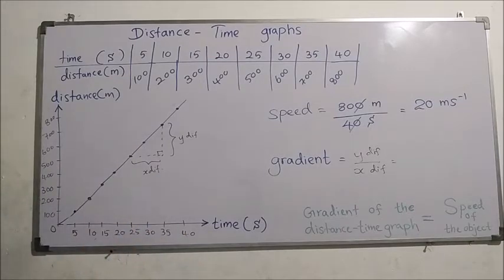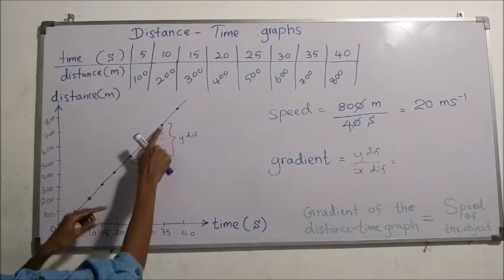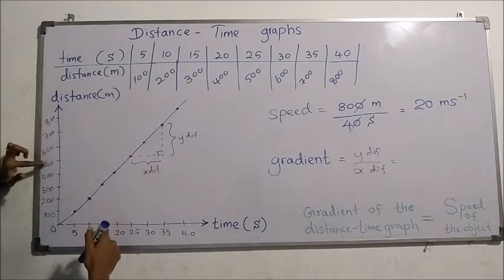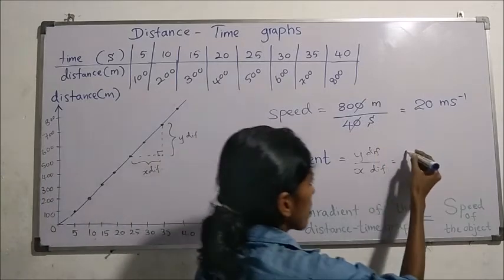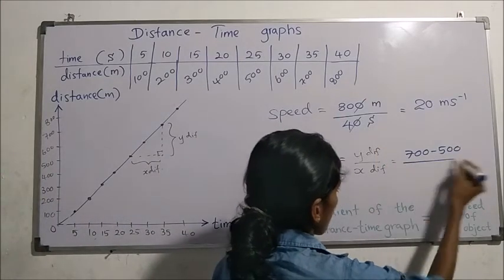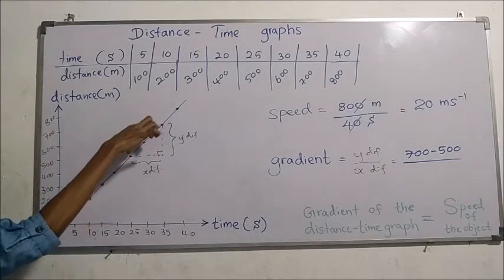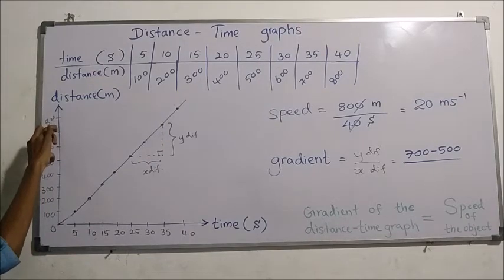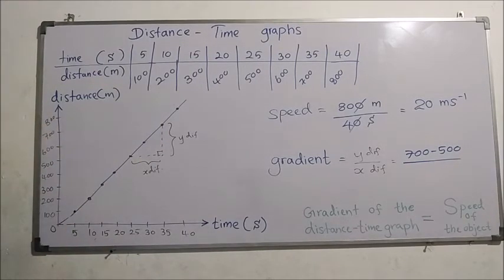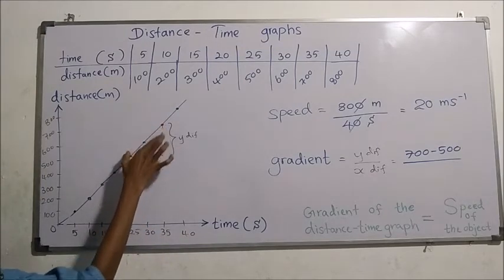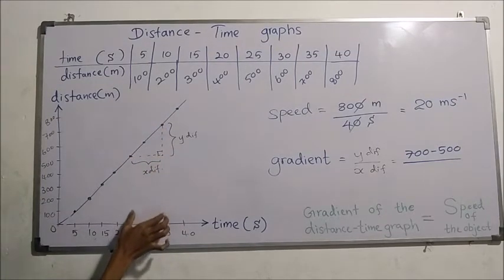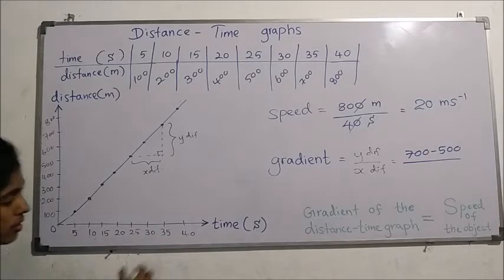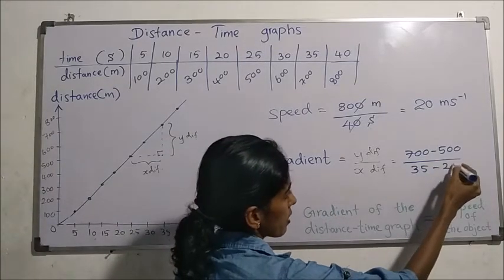Firstly we will find the y difference. When we consider these 2 values, what are those two? 700 and 500. So from 700 I am subtracting 500. To find the y difference, I have selected these 2 points, so along with those 2 points, go until you meet the distance line or y axis, then get the difference. Next, to find the x difference, the relevant x coordinates, go down here. 25 and 35. Get the difference of those two. From the biggest, subtract the smallest one.